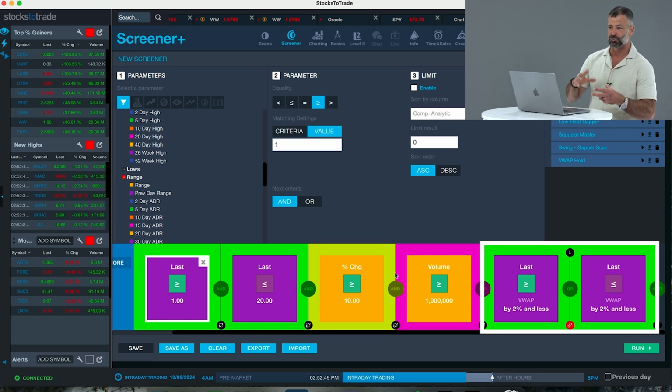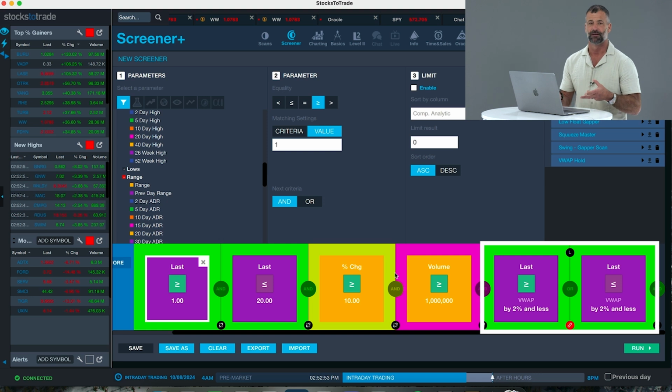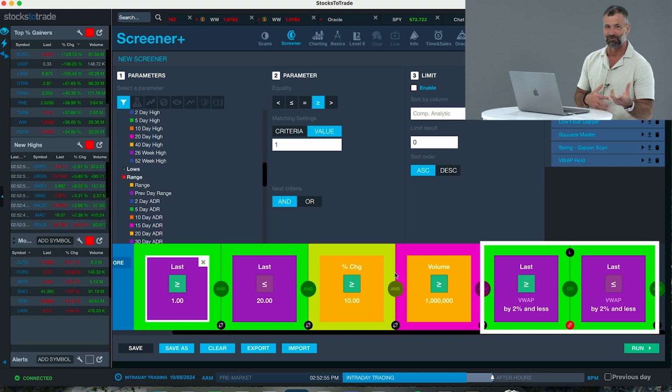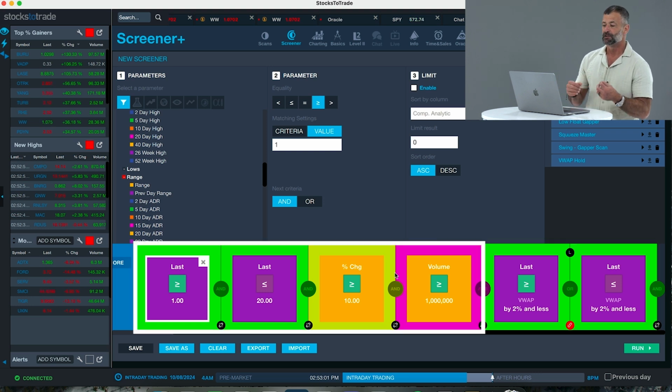Now, not to get too much into conditional operators and Boolean logic and all this dork stuff that I know from being a technology guy for basically my whole life, but you have basically OR statements as well as linking. What the linking does is it basically requires both of these criteria to be true. The previous AND criteria, all of those have to match, and then the link criteria both have to be true to allow us to hone in on those stocks in this instance that have made big moves,